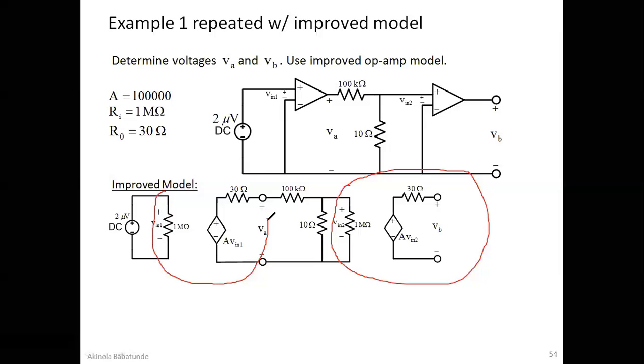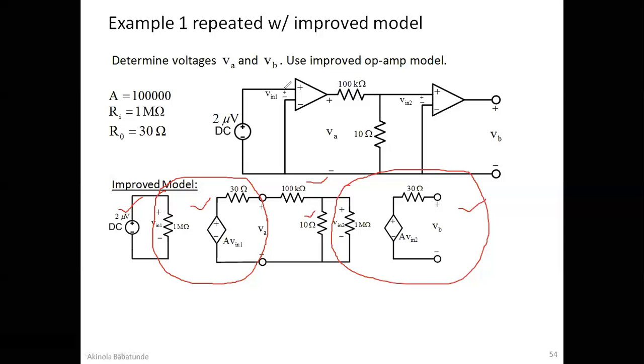These are the new things we introduced into the model. This represents the improved model 1, this is improved model 2, based on the two operational amplifiers that we have. Every other thing you see was in the circuit before. This 1k was in the circuit before, this 10 is in the circuit, and this 2 also was in the circuit before. The only things we introduced are the new 1 mega, AVIN1 and AVIN2,